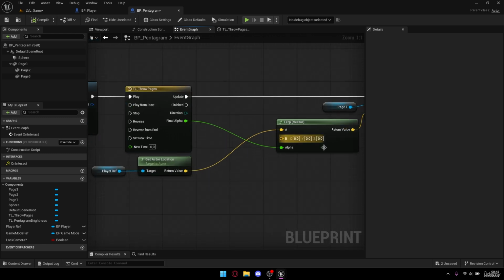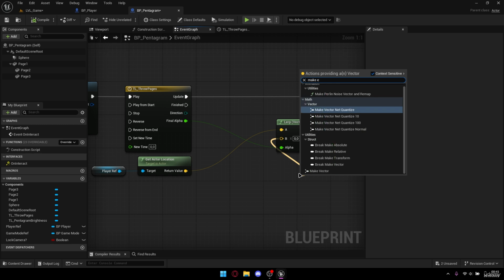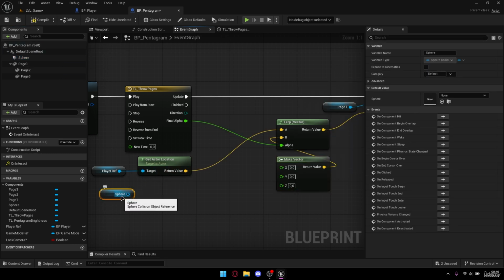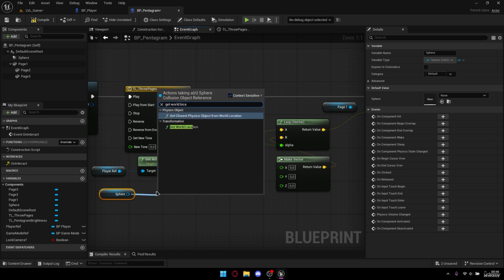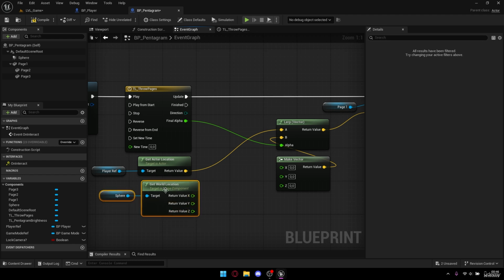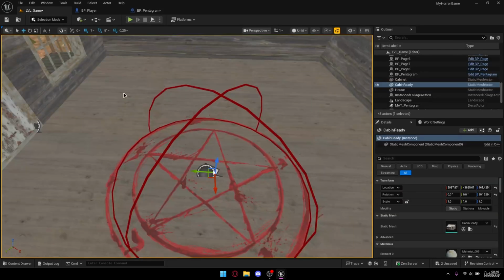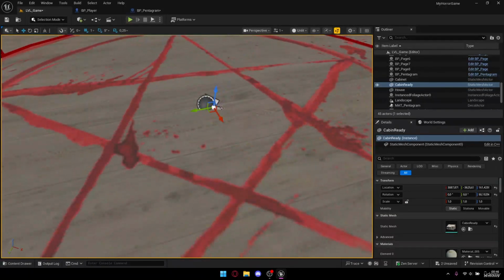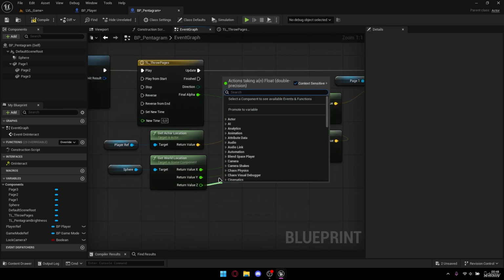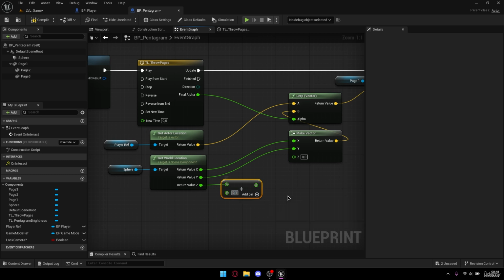And as for the B, we will just make vector, because now we will get a sphere location. So get world location, and we will split this value, because if we just use the regular value, this X, Y, and Z, it will get the exact location of the sphere, which means it will clip with the floor. We don't want that, so we will just plug X and Y into this make vector. And as for the Z, we just need to add something like 0.1. Let's compile, save,